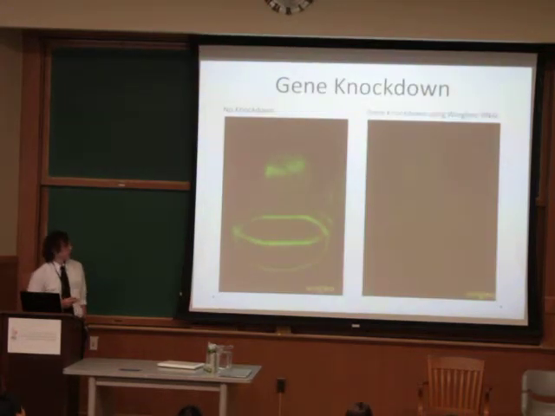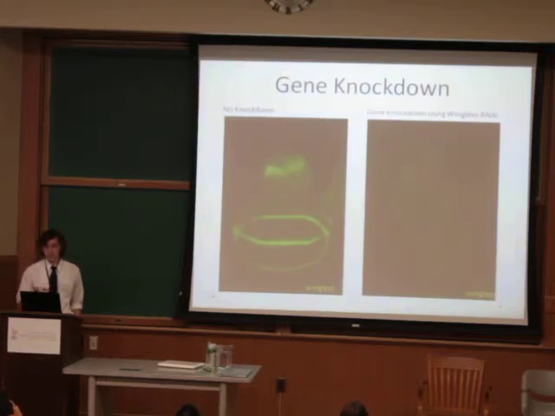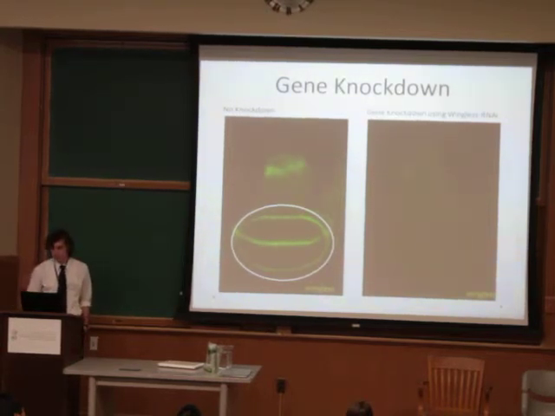Now, additionally, we want to be able to knock down the activity of a gene within our system. So here we use wingless, which is a gene known to be involved in regeneration in Drosophila, and that has related genes that are known to be involved in regeneration in many other organisms, especially mammals. So the disc on the left shows the typical expression pattern of wingless when it's not knocked down. Of particular interest is this area marked in white, which is the wing pouch. We get a nice theta pattern of wingless expression within the wing pouch, which is what you would expect to